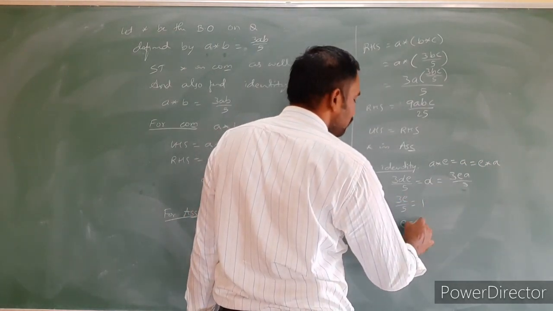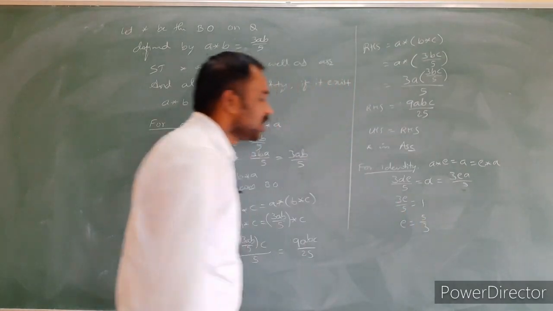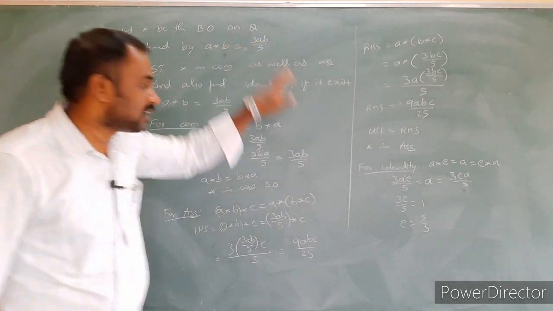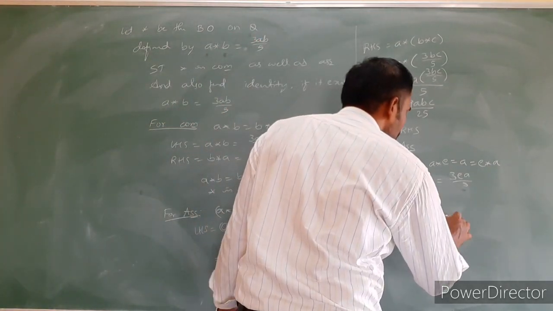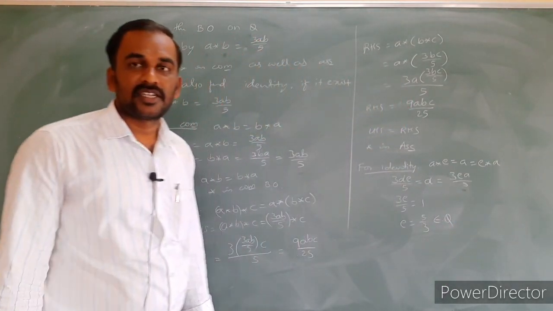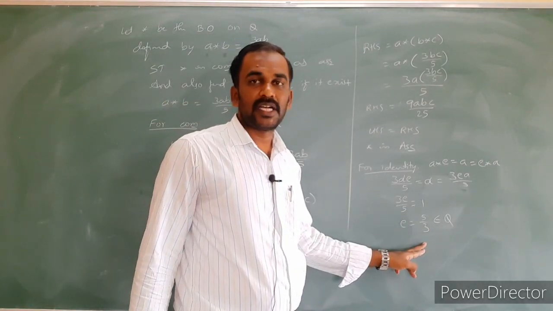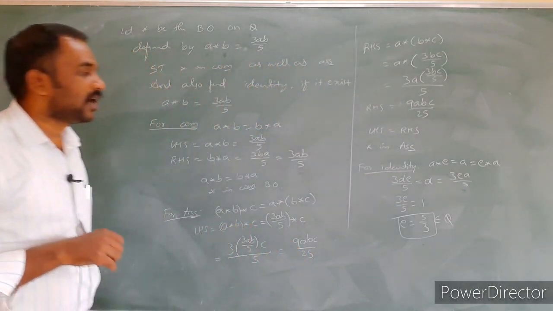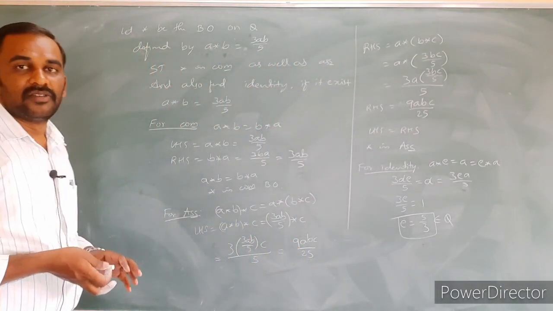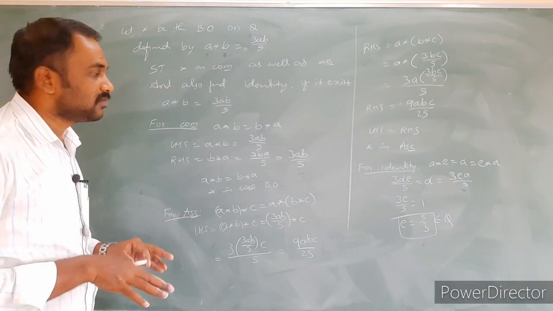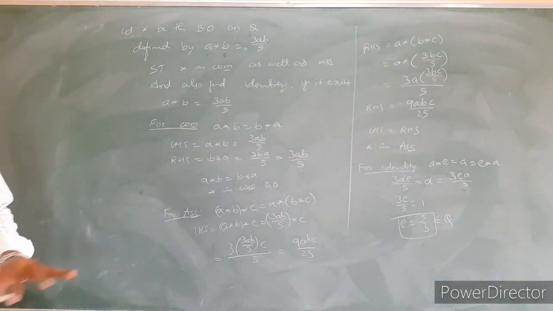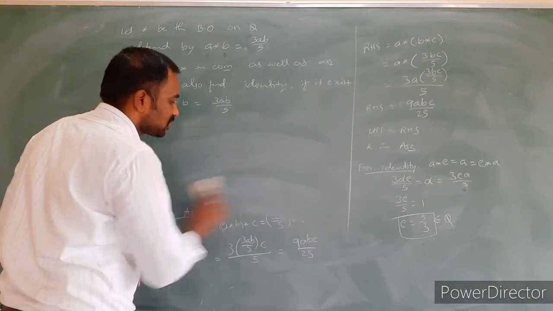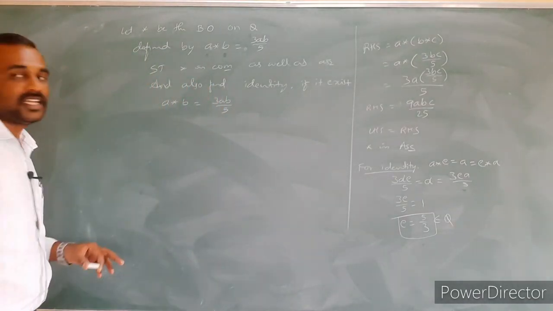I need the e value. What is the e value? Pi by 3. Star is the binary operation on what? Rational numbers. Now, is pi by 3 a rational number or not a rational number? Yes, rational number, which is of the form p by q, provided that q is not equal to 0. So this is the required identity element. That's all. We got the required answer. Similarly, we can find the inverse element also. Actually, they have not asked for it, but just for your knowledge, I am going to find the invertible element.